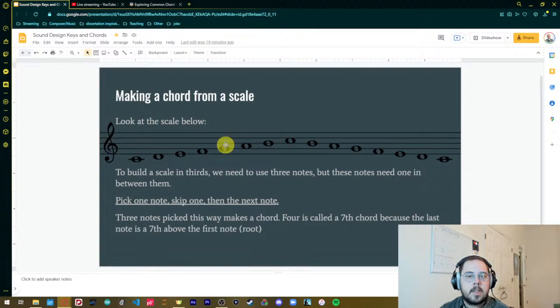E to G is a third. G to B is a third. A to F here is a third going down. You skip 1 note in the scale and go to the next one. This only works for major and minor scales. Other scales, it may not work. I don't know what you might be looking at, but I'm keeping that for major and minor scales for the